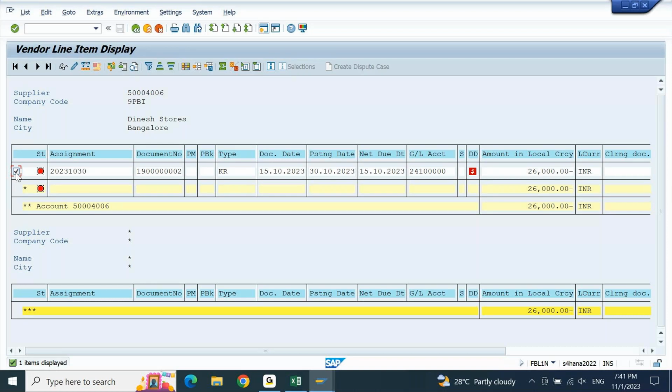When I say overall vendor closing balance, you should always look at the total in the yellow highlighted column. You should always look at the highlighted in the yellow column or the sum at the bottom. Okay, so this is 26,000. Your individual transaction can be debit or credit, but when you take all the transactions, when you look at the overall account balance, it has to be a credit balance. This is your ideal vendor account balance. This is the second report that you are seeing. There is the third report which you can see for your vendor account,